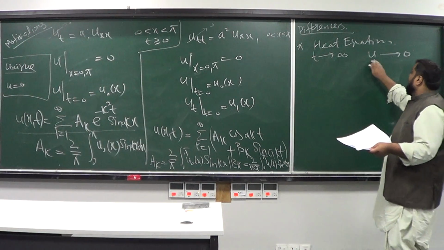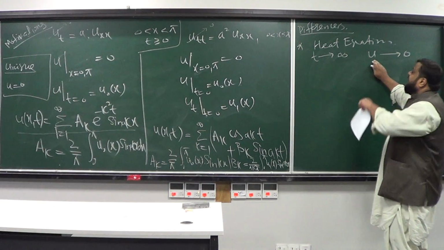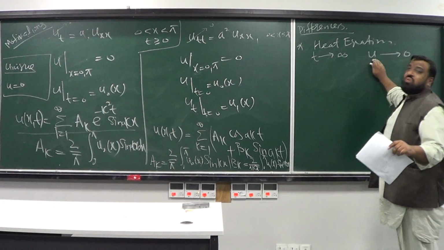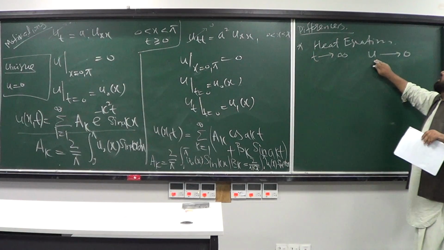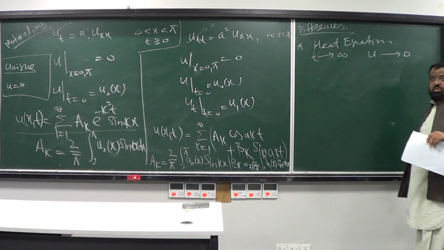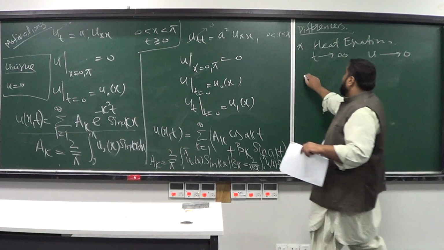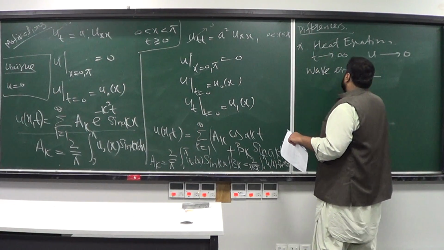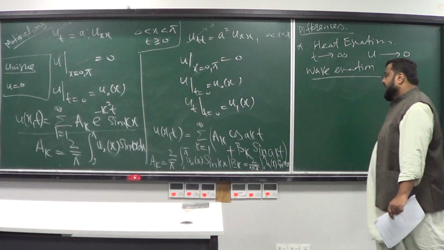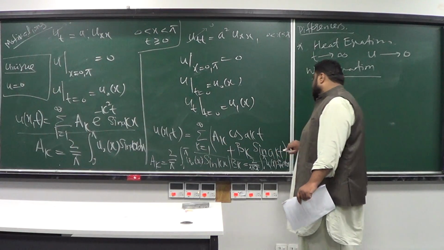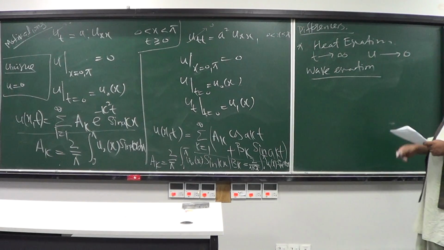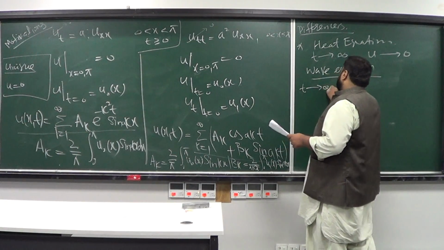In other words, in the long run, the solution goes to 0, and the 0 is the stationary solution basically. So the u roughly converges in time to the stationary solution 0. But how about the case of the wave equation? So looking at this expression, what can you say? What we can immediately say is that as t goes to